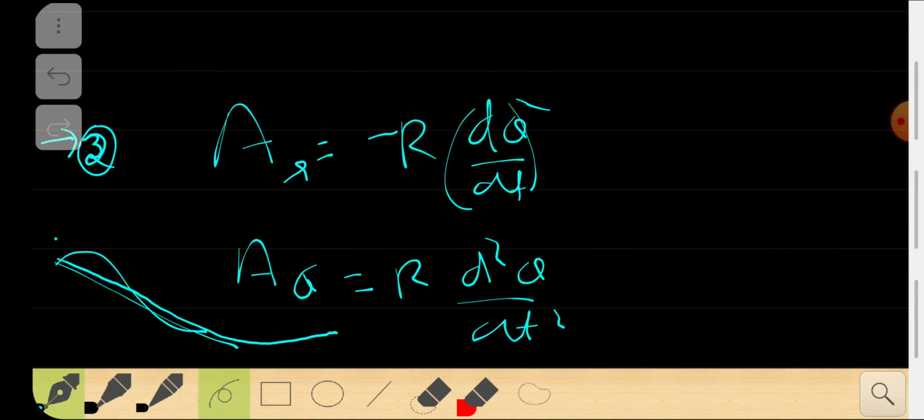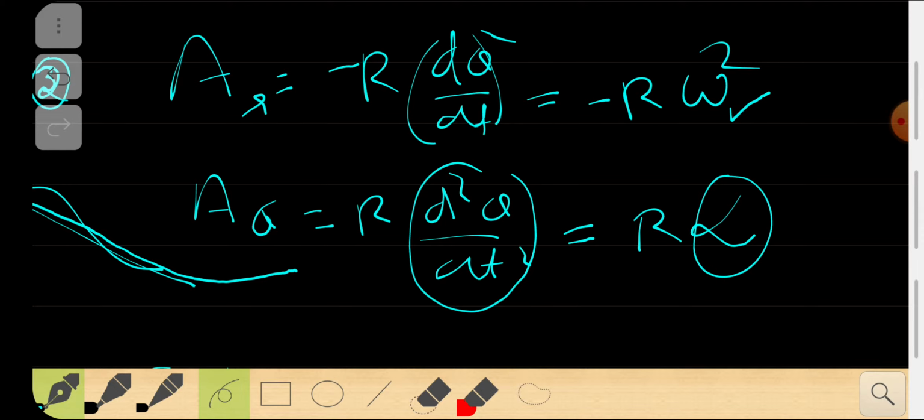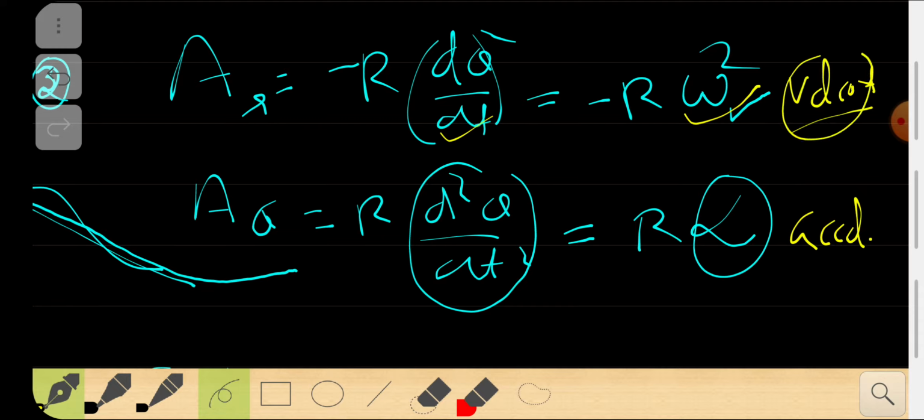And here we have explained what d theta by dt is: minus r omega square, right? So omega is called angular velocity. And here in the theta cap direction the acceleration had r alpha, right? So alpha is d square theta by dt square, called angular acceleration, and d theta by dt is called omega, angular velocity. So we have introduced that as well, right?